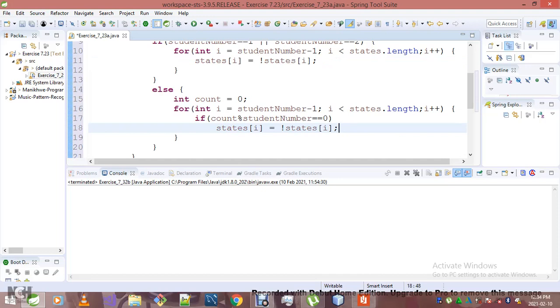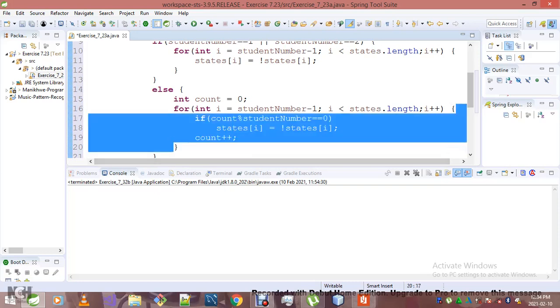And then what we will then do is to increment our count. Okay, once our loop is done,